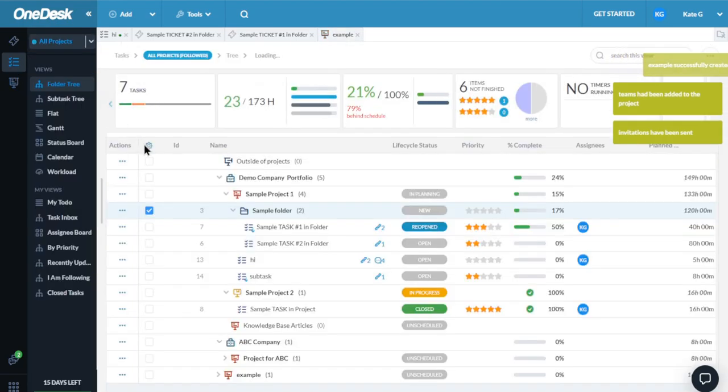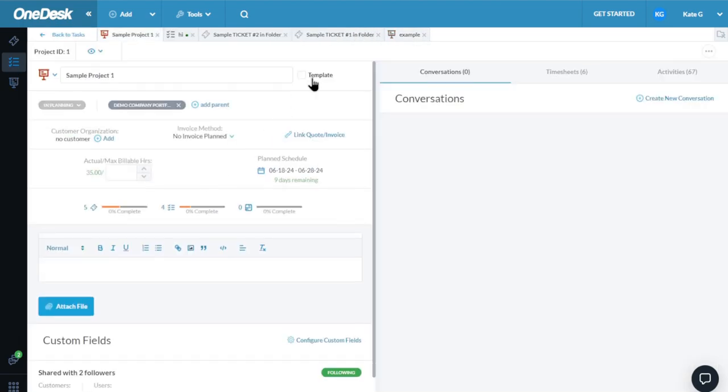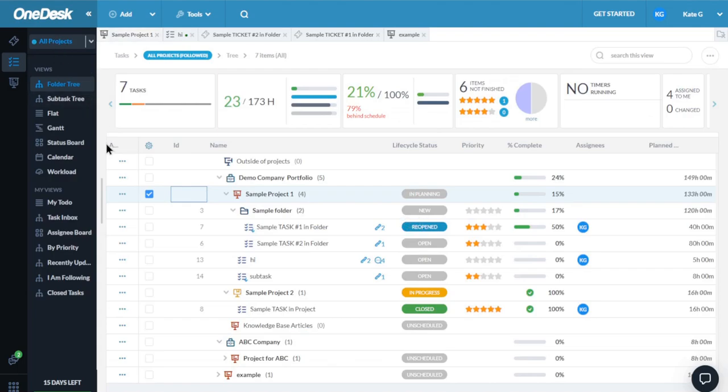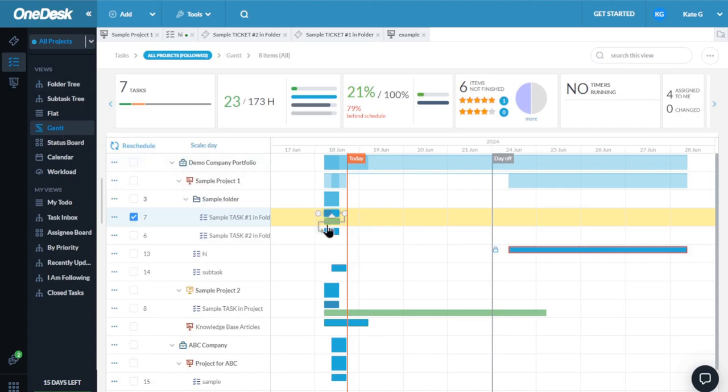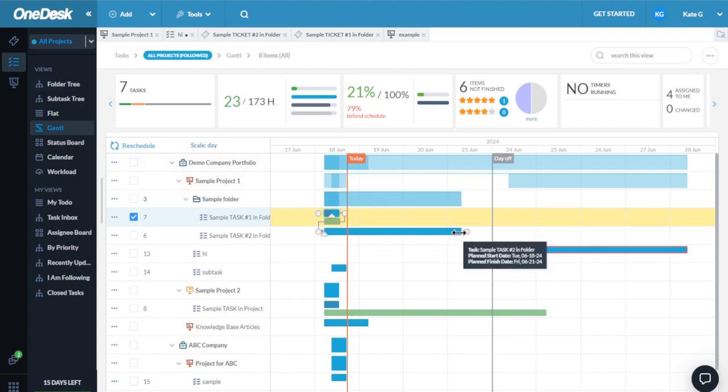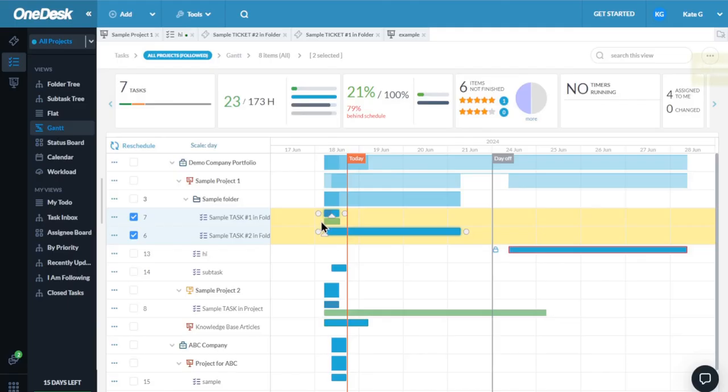In our Tasks application as well, we also have work views to assist us with planning and monitoring progress. There's the Gantt view. Here you can click and drag ends to change planned duration, move them along on the timeline to change planned dates, and link the starts or ends of tasks to create dependencies. The blue represents the planned schedule, while green is the actual work in progress. The actual progress is generated based on logged time. The blue bar for the project gets darker as more tasks are scheduled at the same time.